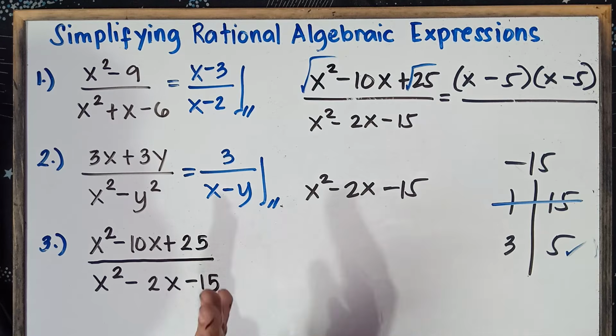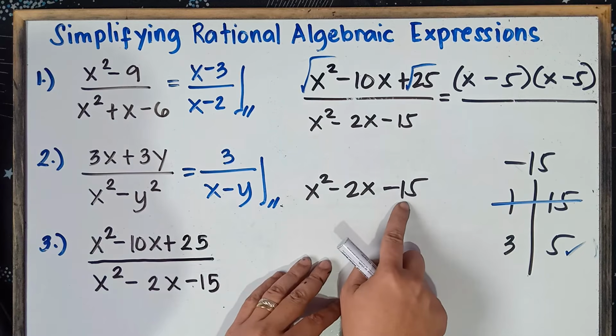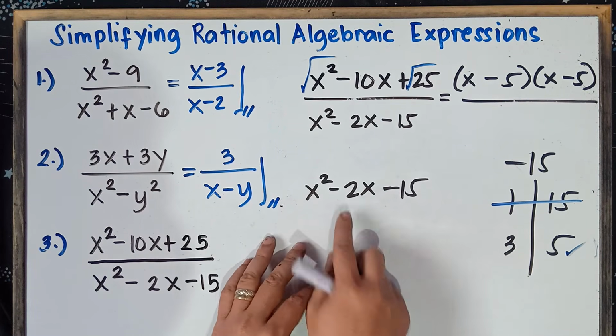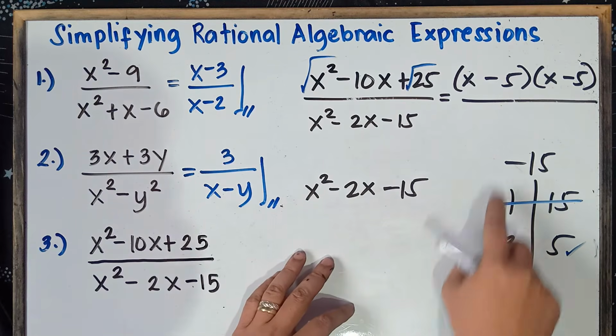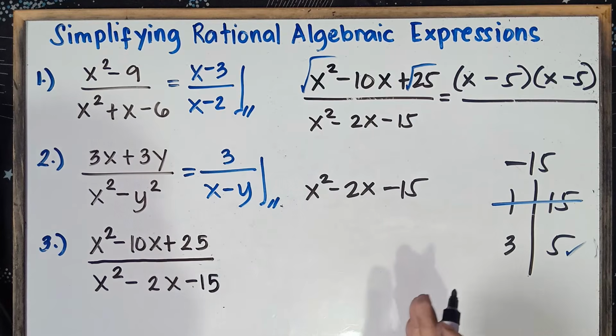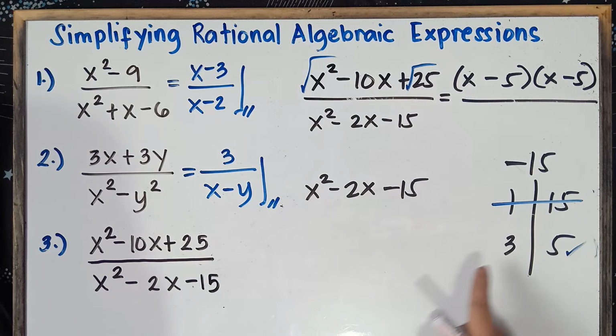Once again, class, you think of two numbers that when you multiply the two numbers, you will get negative 15. When you combine the two numbers, you will get negative 2. So therefore, class, one number should be negative. Why is that, sir? Because this is negative 15. Negative times positive, that's always negative. So once again, class, unlike signs multiplication, the answer is always negative. So therefore, class, one number should be negative.